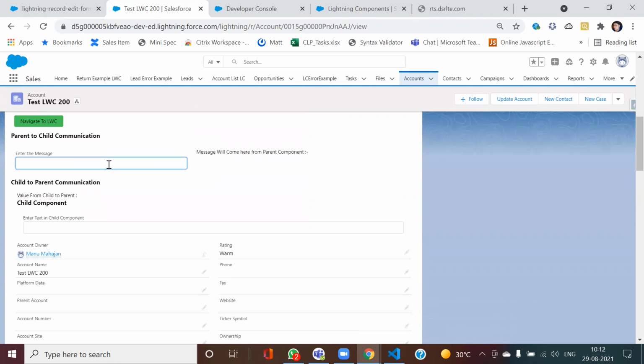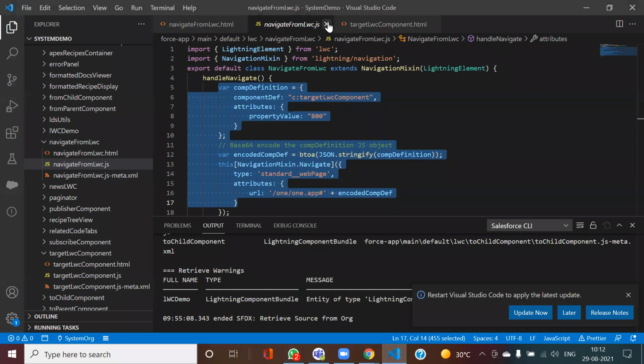So here if you see, I have one Lightning Web Component, inside that I have wrapped another Lightning Web Component. So here, if you see, I'm writing hello child. This part I'm writing in my parent component and this one is getting displayed in my child component. Let us see how this has been done. We close all of this.